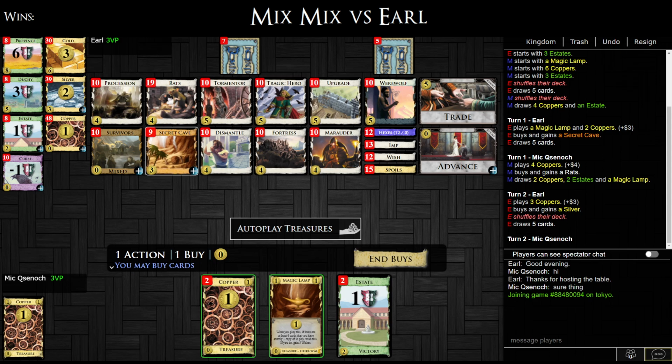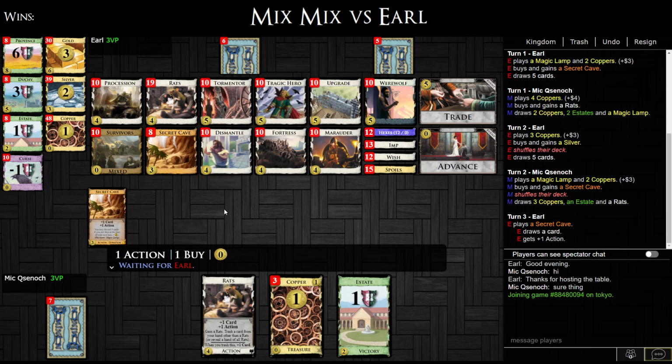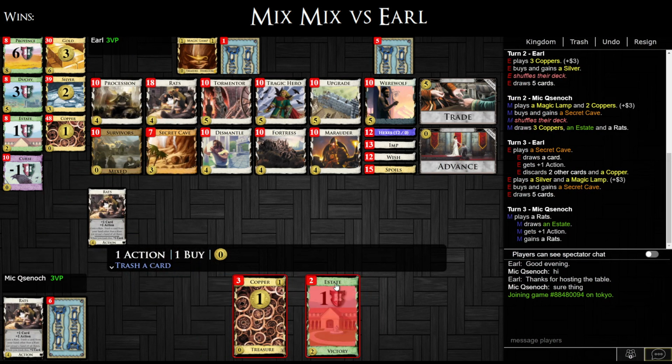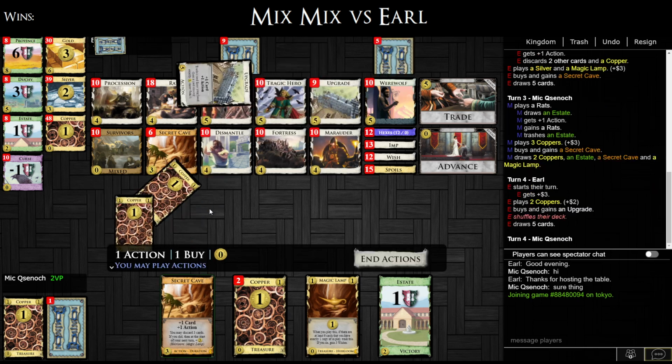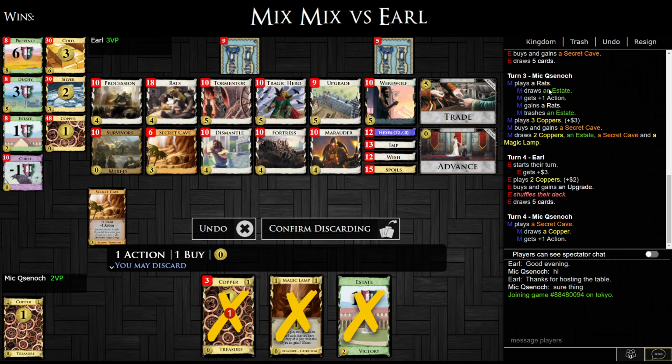They want a silver, which I don't think is especially good. Pretty weird to me opening, but maybe it's fine. Again, the wish activation is not so important to me. I mean, you basically get something which is as good as that. Now the nice thing would have been to get the secret cave there on the first turn, but